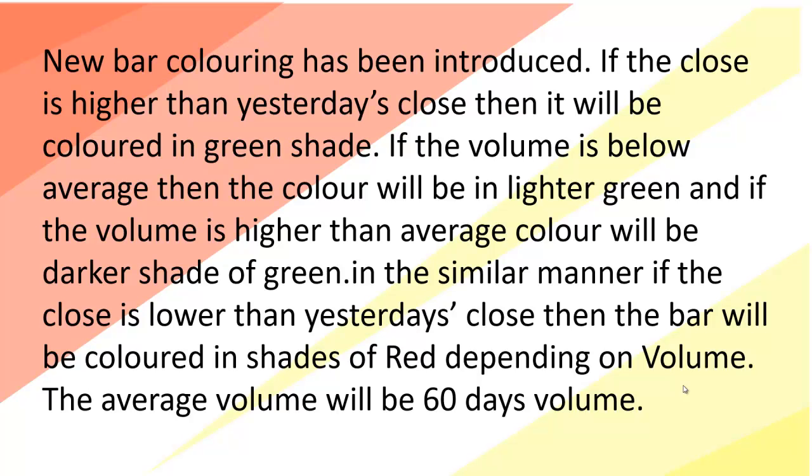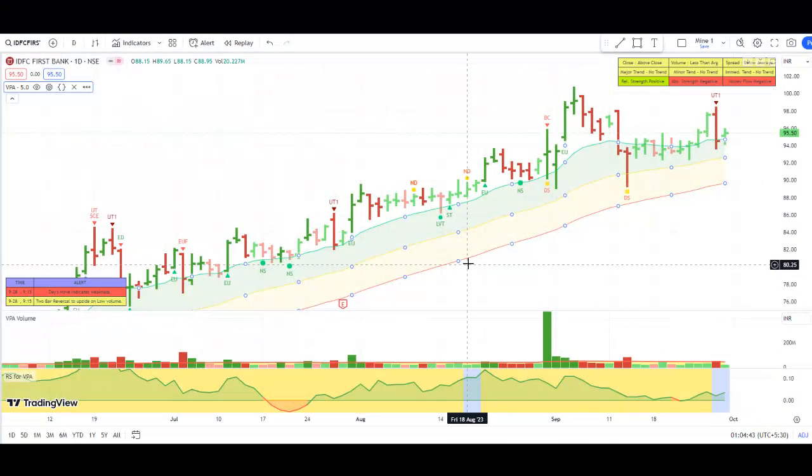Now let's look at the chart. Here is a chart with the new coloring scheme. As you can see, the up bars are in green color, and whenever it is accompanied with volume, that is the volume is above average, then these are colored in dark shade of green, while moves with lower volume are colored with a lighter shade of